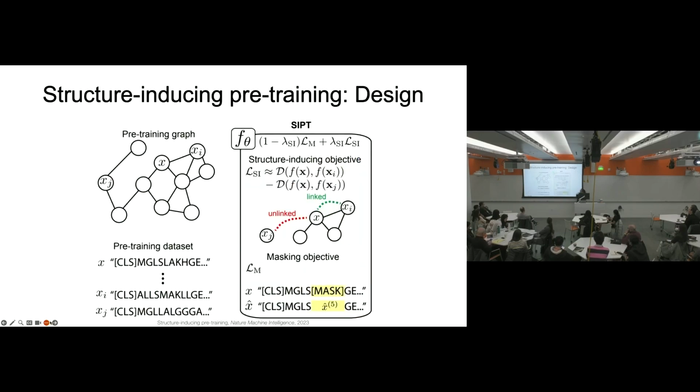And so the way to jointly model both the pre-training graph and the pre-training data set together, what we have done is augment the language modeling objective, which is this masking objective. Let's hide a token and ask the model to predict the identity of the hidden token and do the auto-completion at the amino acid level, to also obey the relations between proteins encoded in the pre-training protein graph. And this is what we refer to as structure-inducing